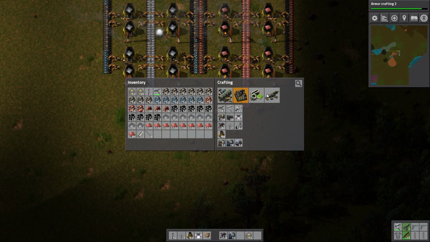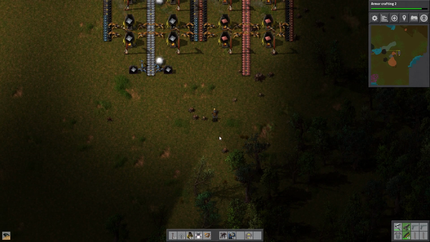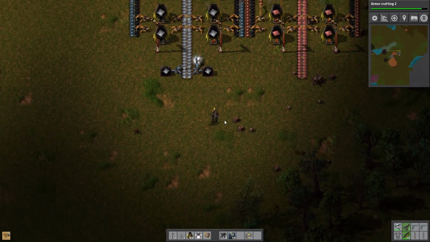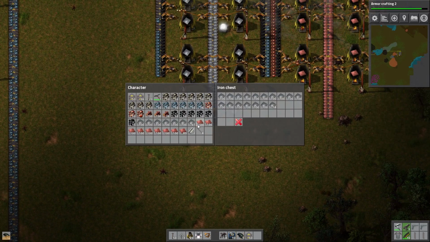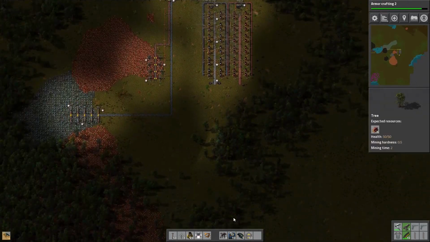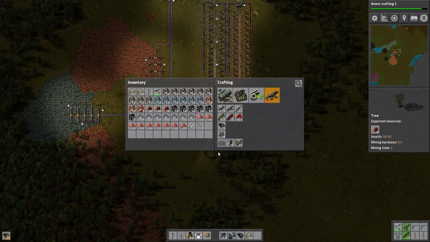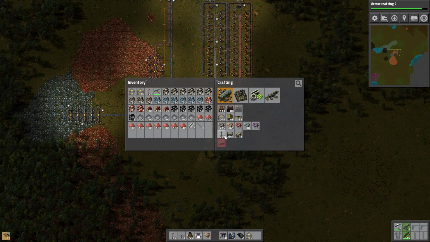I think I might need some more grenades. Make a few more. They're so weak, they're so expensive to just blow up a few trees. I mean, not really expensive. Looking good. Okay, so now we can start thinking about producing belts and inserters, everything. Splitters, underground belts, even pipes and stuff like that. And